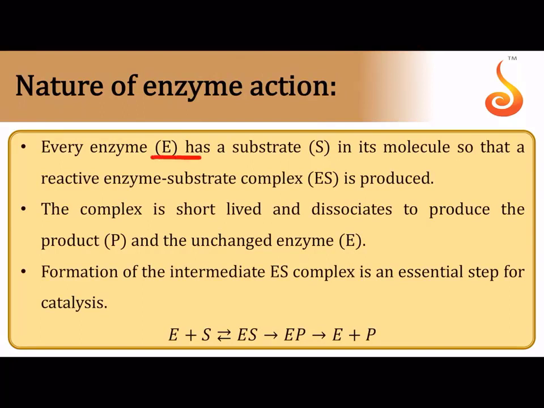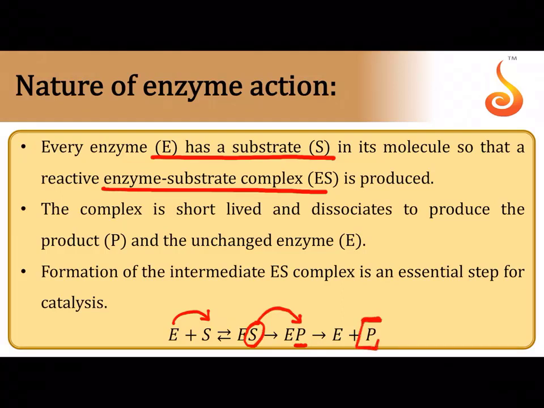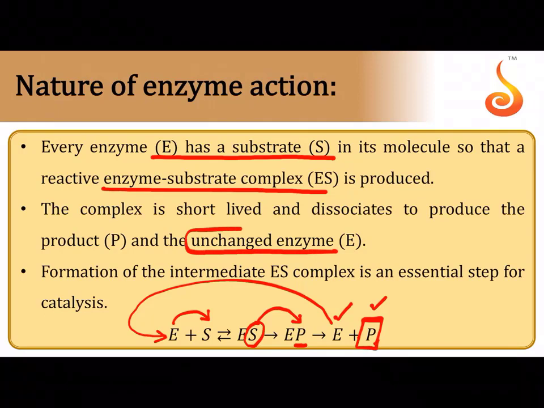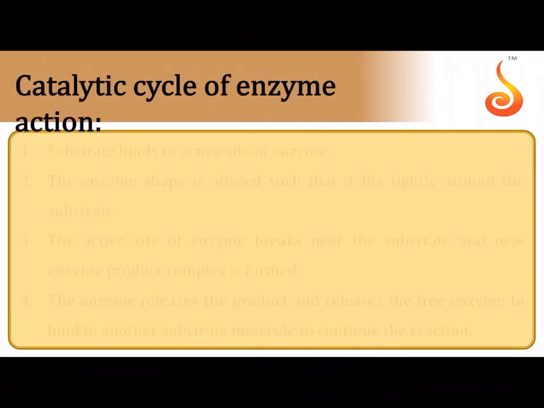Nature of enzyme. See how an enzyme goes and binds to the substrate molecule. A complex is formed called enzyme substrate complex. Very soon, after binding to the substrate, the enzyme will bring about certain chemical changes in the substrate, and the substrate gets converted into a product in the enzyme product complex, and finally the product is liberated. So you have enzyme plus free product, and the enzyme can be recycled. It is once again available to carry out the same reaction. That means the enzyme is unchanged. Okay.